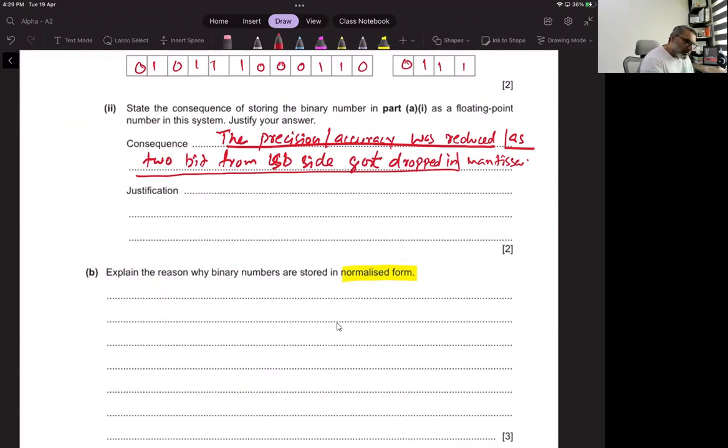So why do we normalize the number? To store as many bits as possible in mantissa